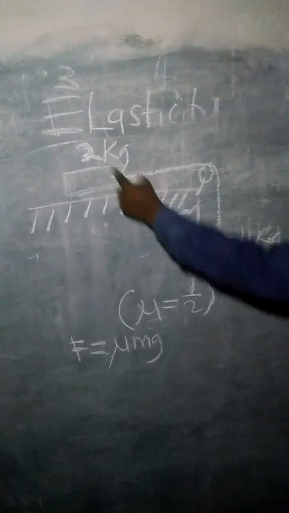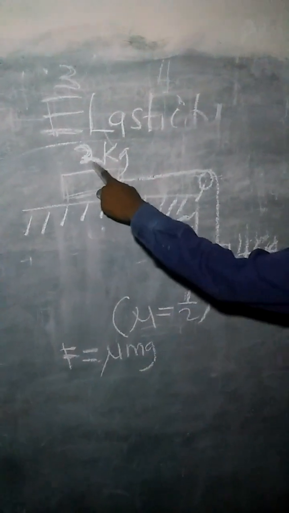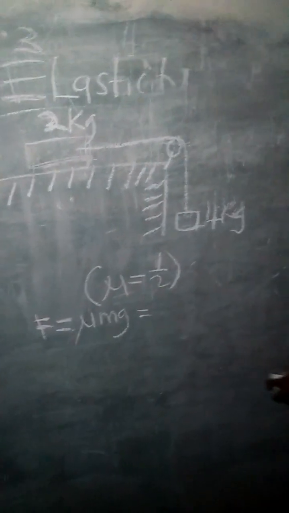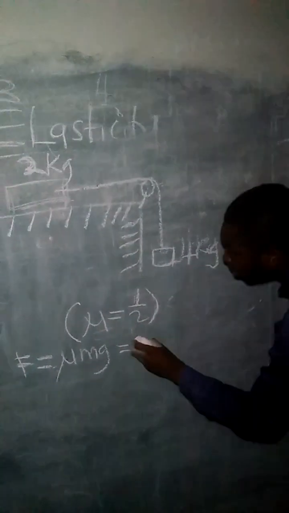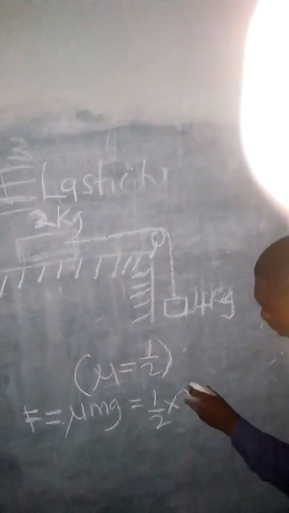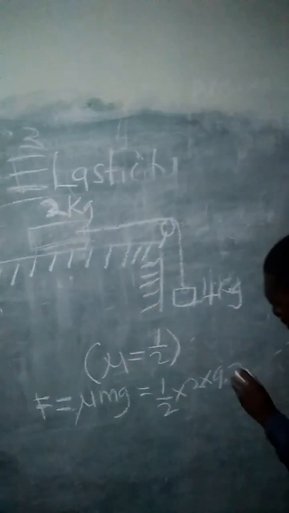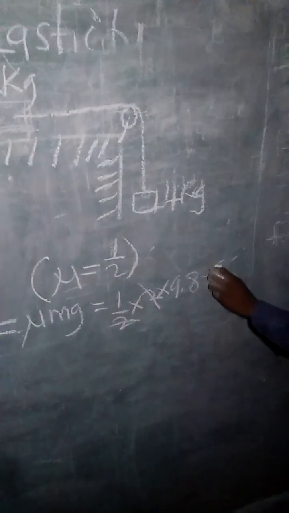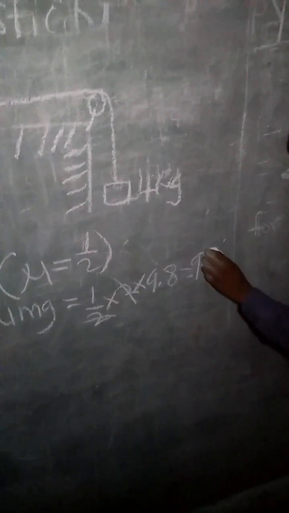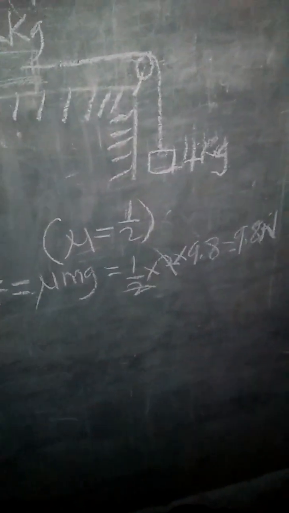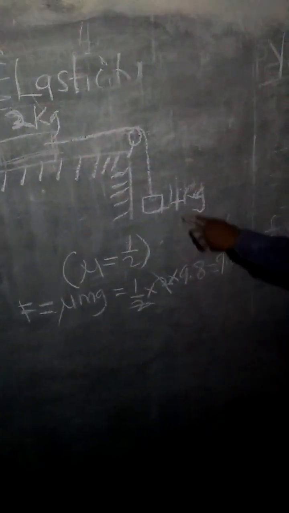The force of friction on this mass is F equals mu mg. So, mu is 1 over 2, mass is 2 kg, gravity is 9.8. The 2 will cancel the 2. The force is 9.8 Newton. Now there's a frictionless pulley pulling down,